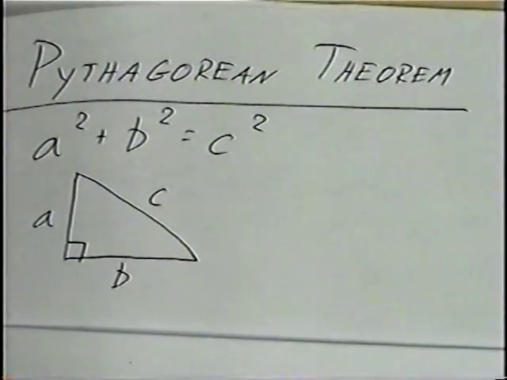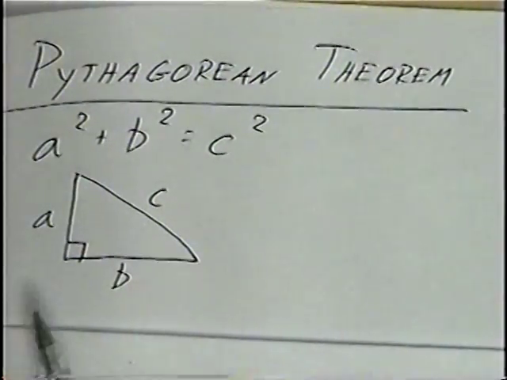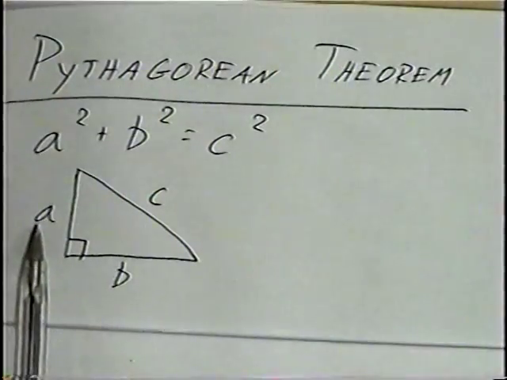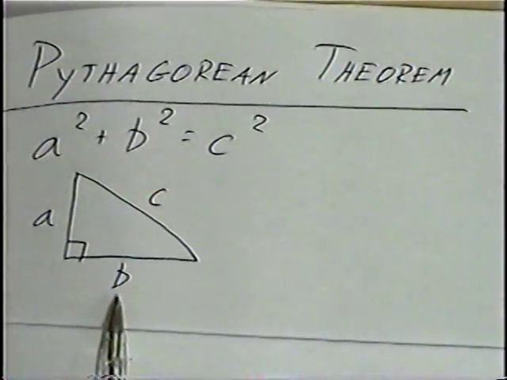the right angle. When you have a right triangle with a 90-degree angle, if you square A squared, and you square B, which is B